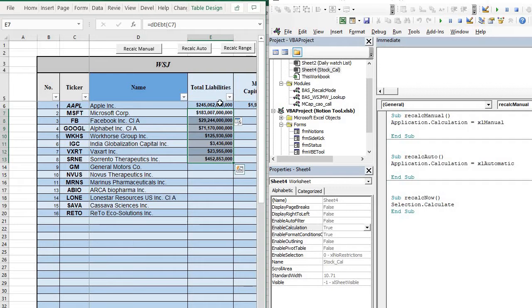Now, one of the things I noticed is that if there's already a value in here, it will recalculate them, right? It's going to go out, I think, and is it? Depending, it's very. Oh, it didn't. Okay, so it didn't recalculate. So it's very off and on. If there's something already there, it may recalculate. I've learned that. But generally speaking, if you're adding new numbers and you have recalculation set to manual,